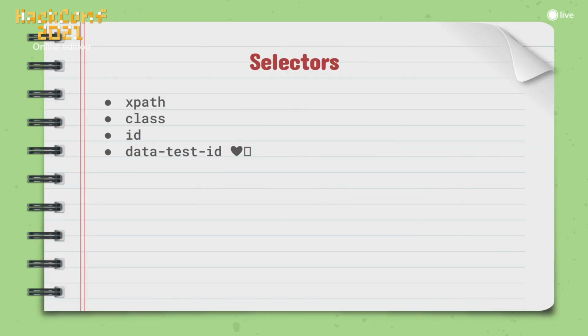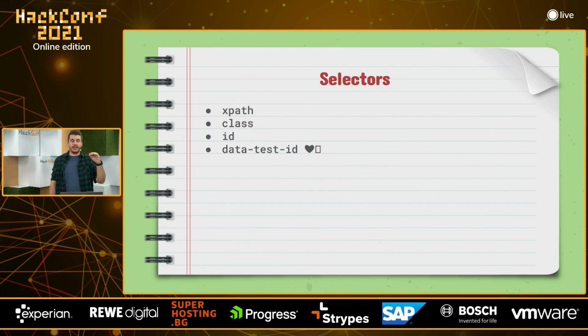So in terms of selectors, we have XPath. The XPath is the exact location in the DOM tree of a given element, which, if you change the order of the buttons, let's say, or change something in the layout, XPaths are going to break at that exact same moment. So they are probably the worst choice, but they're one of the ways.